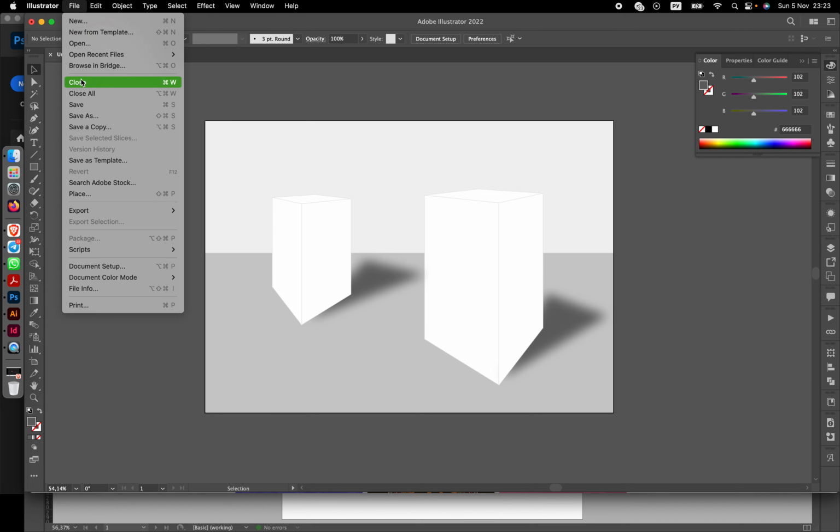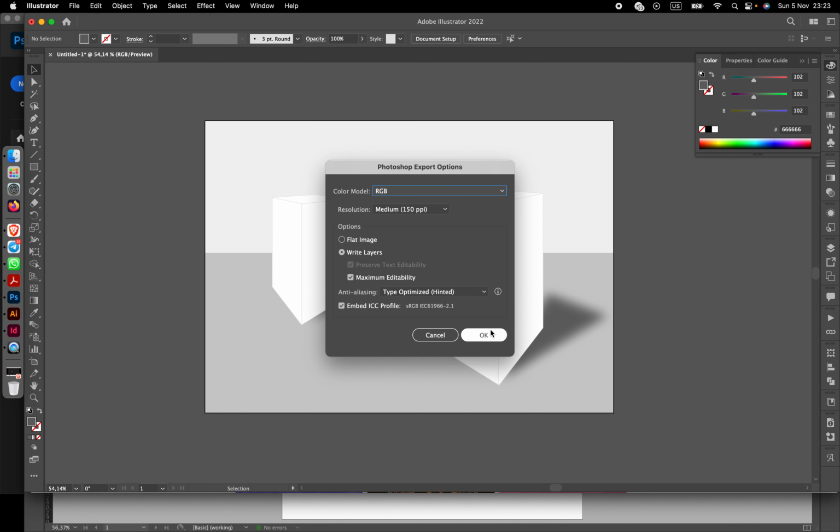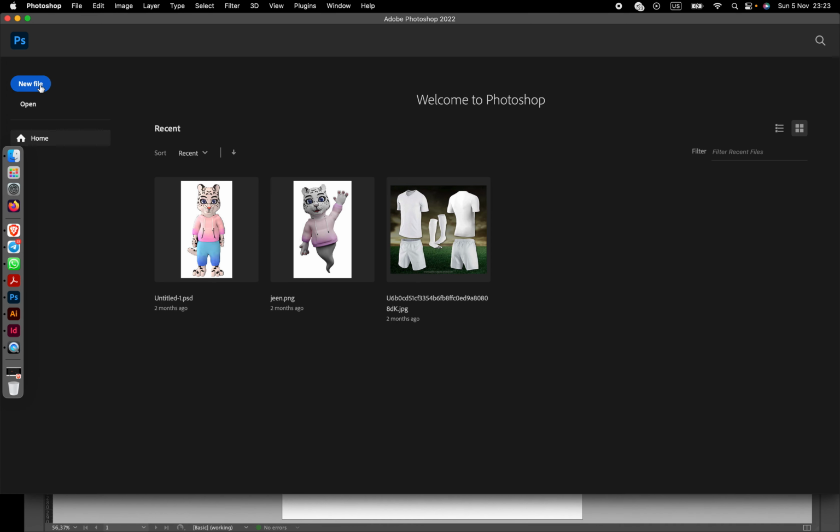So in this case it's better to use file, export as, and here choose the Photoshop position, save your file, for example template of package mockup. You can use artboard, click export. It's better to use the maximum resolution, click OK. And now in Photoshop you can open your file,